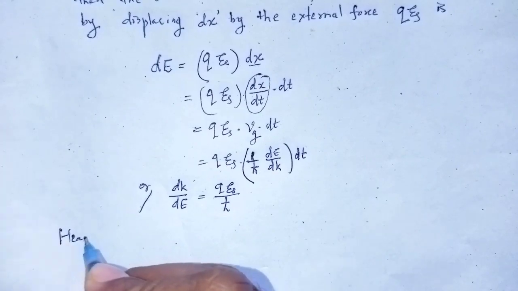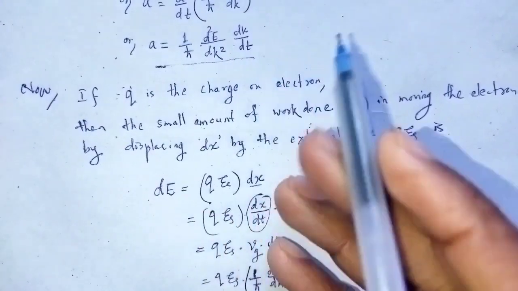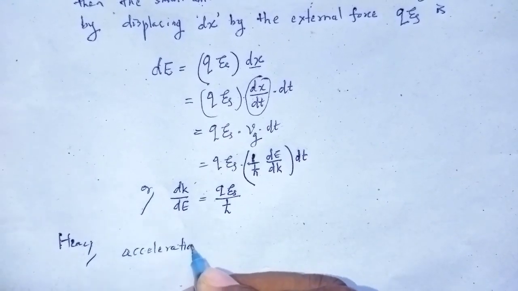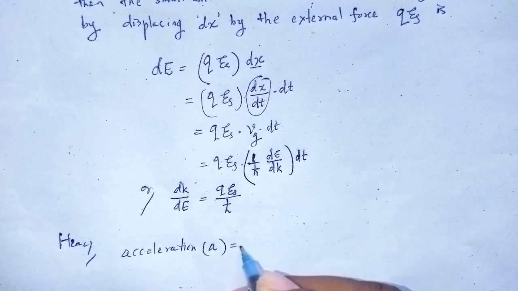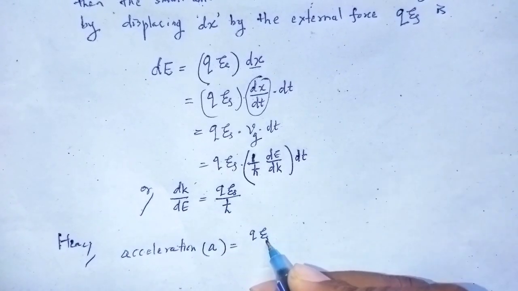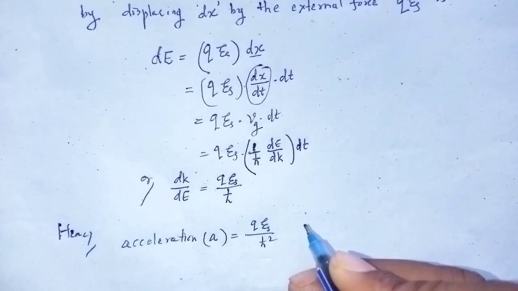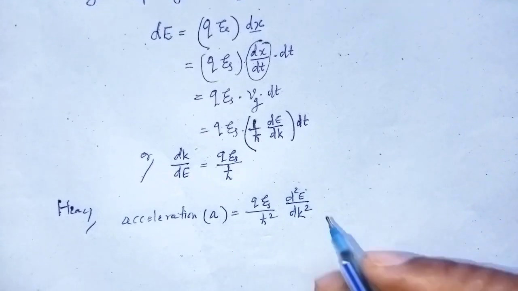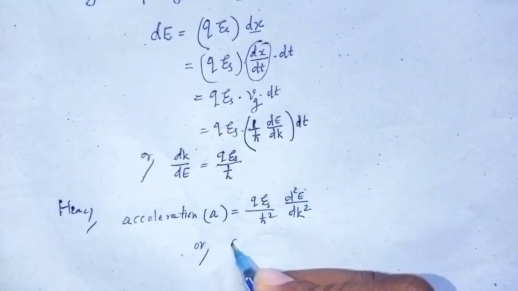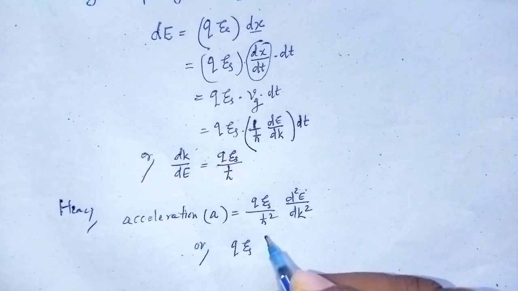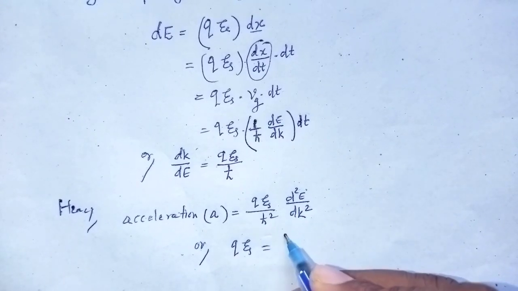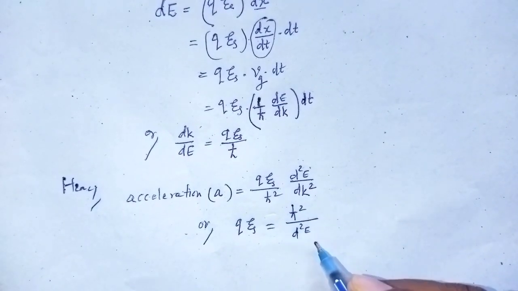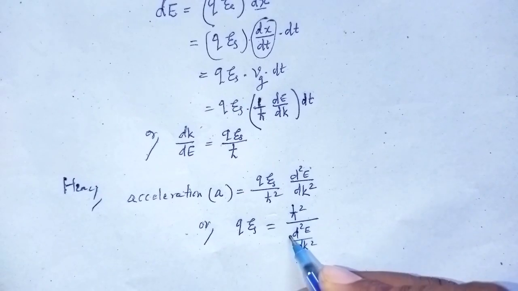Hence, the acceleration term, acceleration a is equal to q zeta by h cut square d square E by dk square, or q into zeta is equal to h cut square divided by d square E by dk square